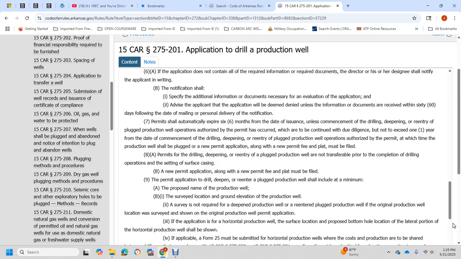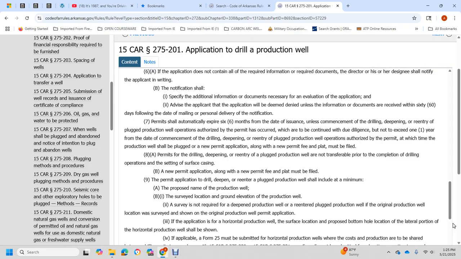day of the mailing or personal delivery of the notification. A permit shall automatically expire 6 months from the day of issuing unless drilling, deepening, or re-entry of the plugged production well operation has commenced. If the operation commences before expiration and continues with diligence, not to exceed 1 year from the day of commencement, then at the end of that time a new permit application along with a new permit fee and plat must be filed